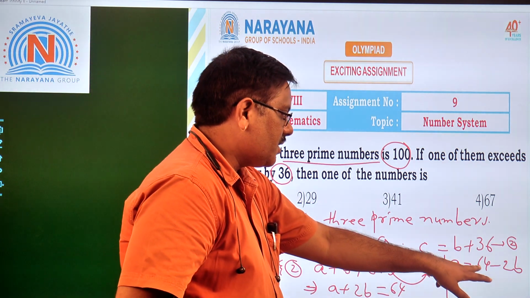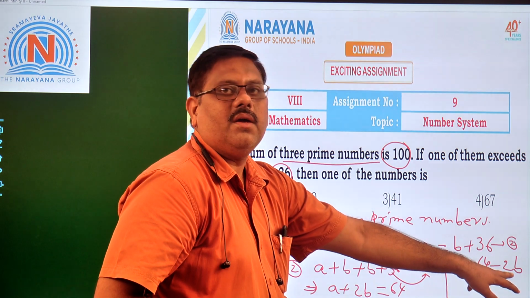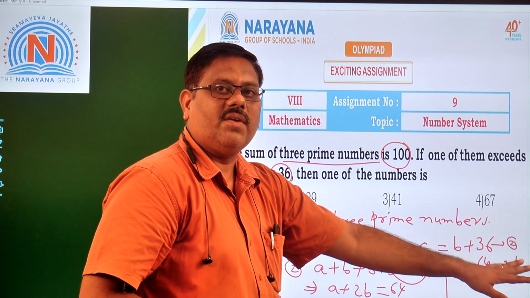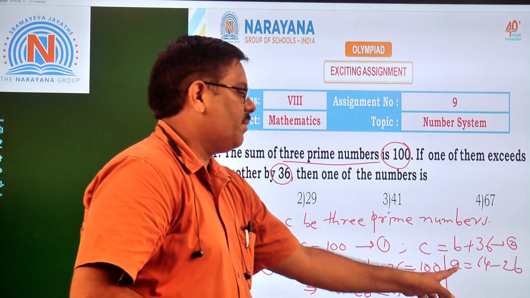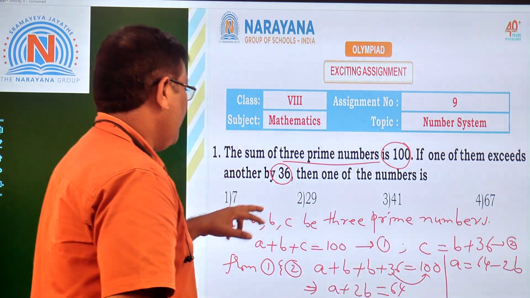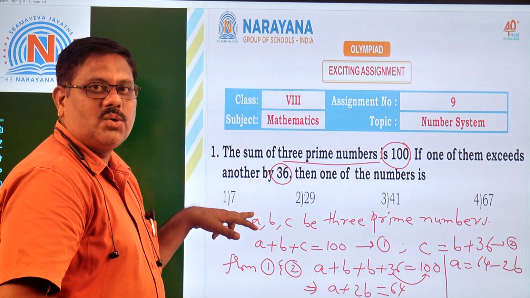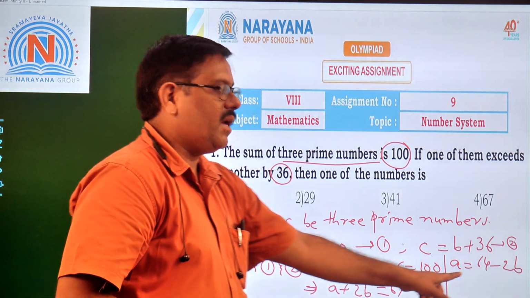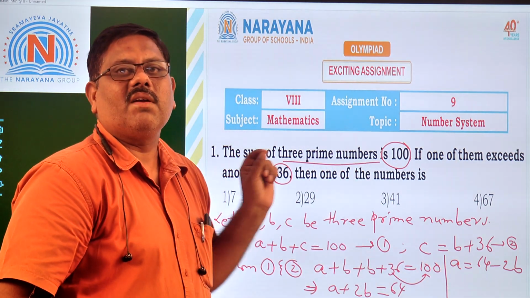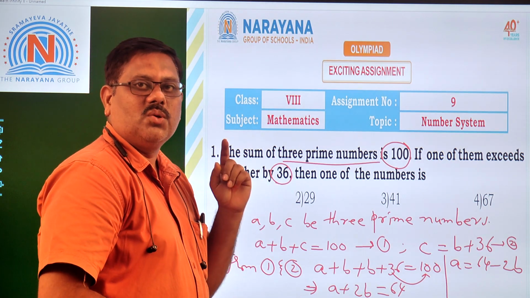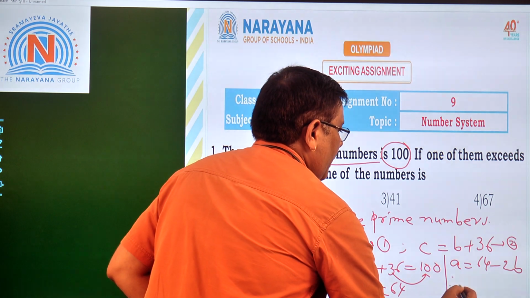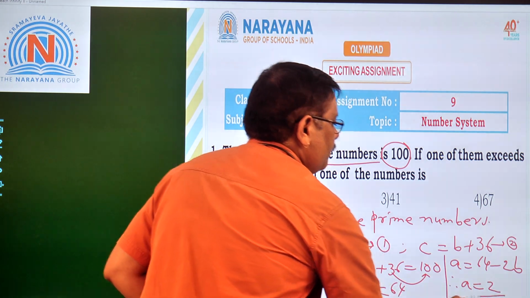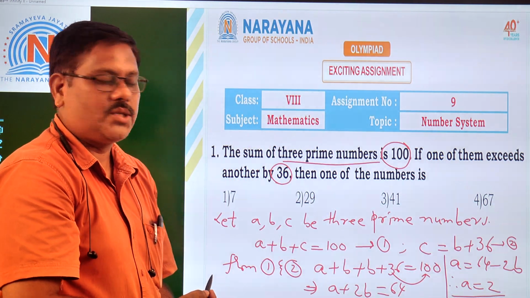If you look at this, 64 is an even number. 2 times B is also an even number. Even number minus even number is also an even number. So, A must be an even number. And again, A is a prime number. At the same time, A is even. The only even prime we have is 2. So, it is confirmed that the value of A is 2. Therefore, A is equal to 2.